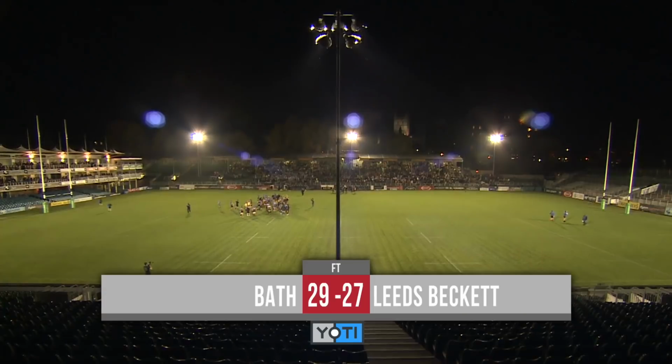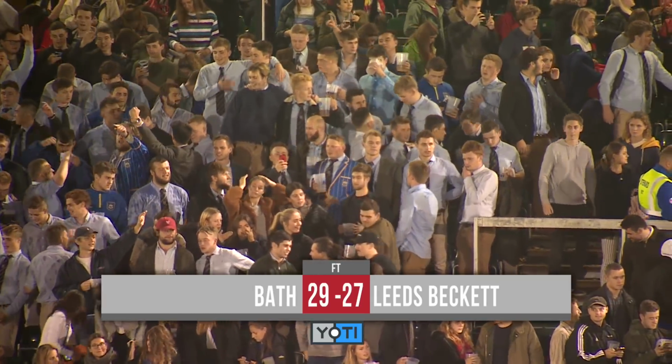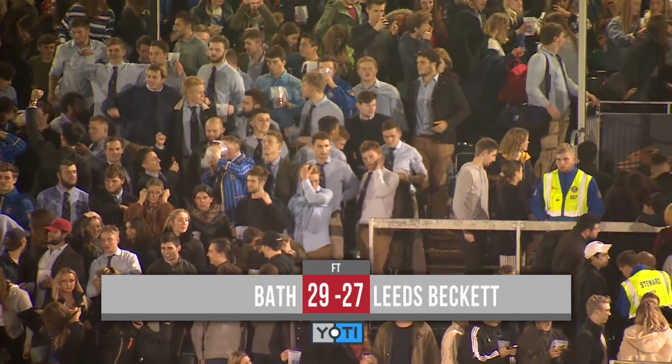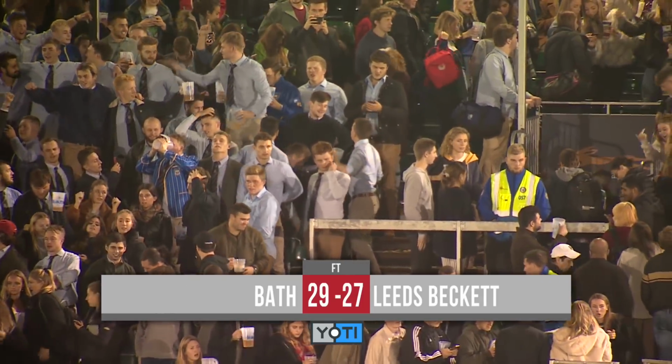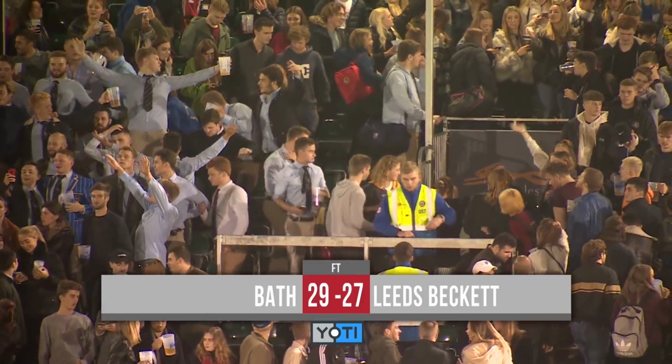Coming up against a top team, a highly regarded team, and not crumbling in the face of adversity. You were up against it, but you stayed composed and you fought your way to that penalty. You put the pressure on them and that's what yielded the pen. Yeah, no, did really well come the last 5 minutes there, and to win the penalty and then to get